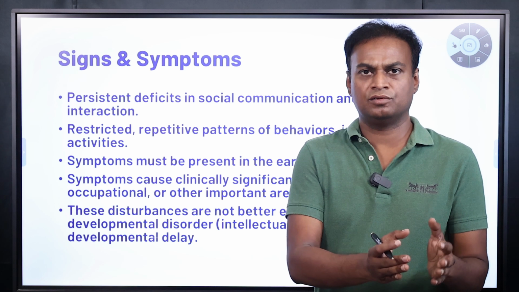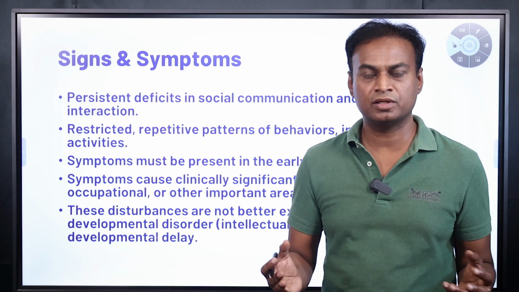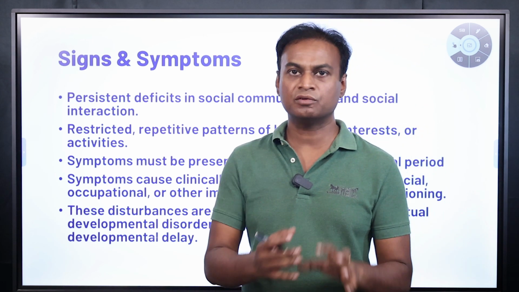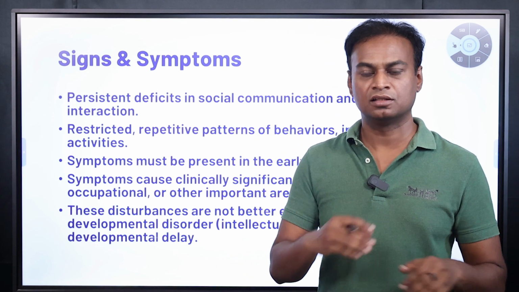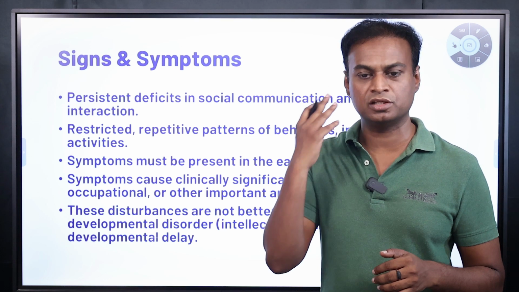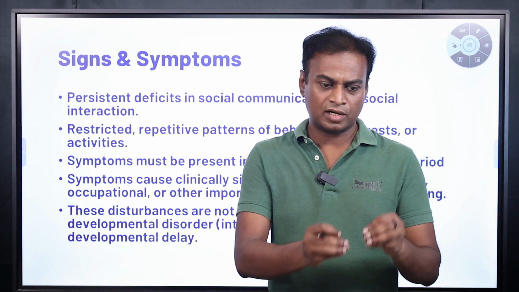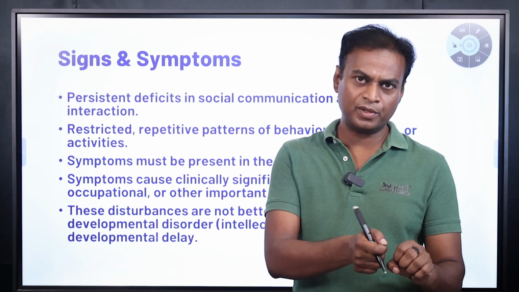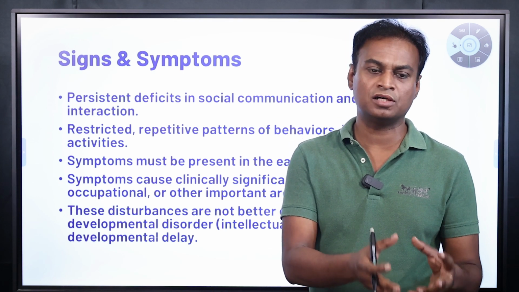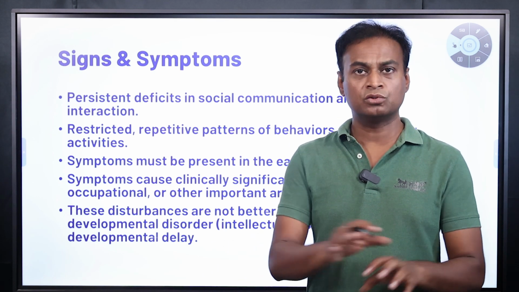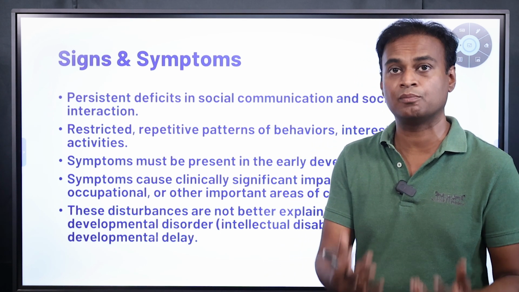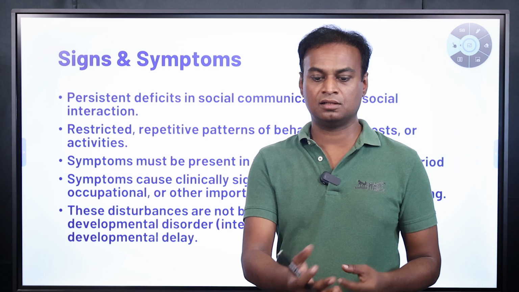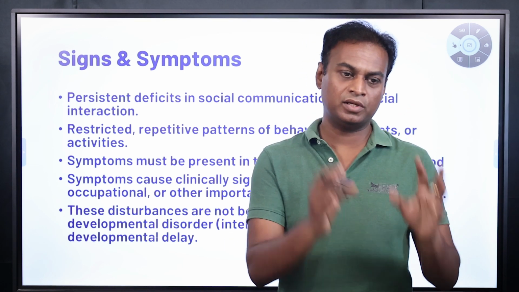See, if there are 10 toys, there are 10 different ways of playing with each toy. But whatever toy you give them, if they are lining up, it means they are doing the same thing, right? There is no need for them to use their brain. So instead of understanding the toy, instead of opening the toy and seeing what is inside, they will line up the toys. So it is very easy, right? You can understand that whatever toy you give, they will play in the same way.